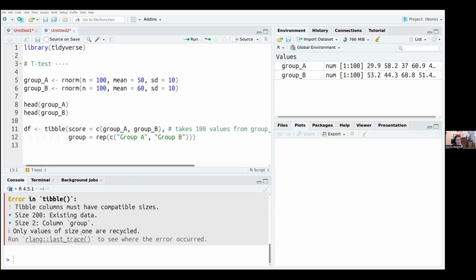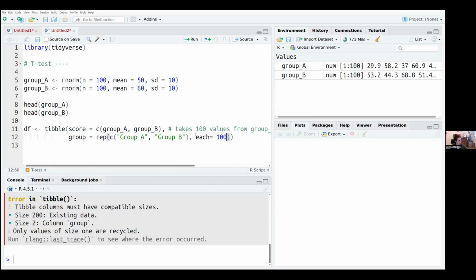Because for the column group, how many times do I have to repeat this? R doesn't necessarily know that this is 100 of group A and 100 of group B. It just knows that there's 200 values and I want them to be named in 2 different ways. But how many times? And this is, in our case, easy because we know that we put 100 numbers for group A and 100 for group B. So each you have to repeat,